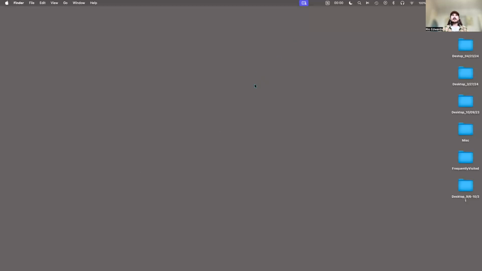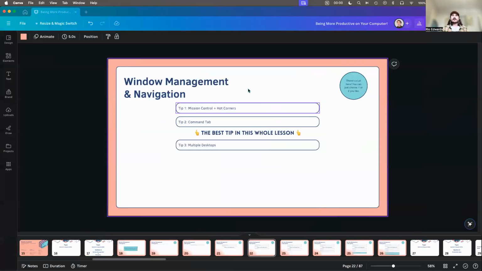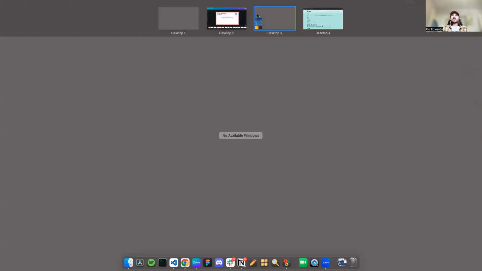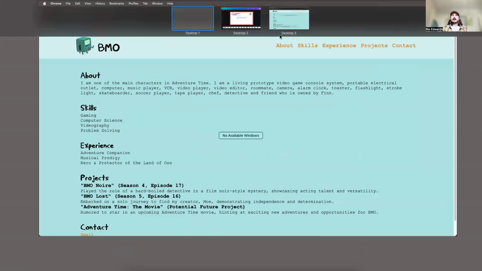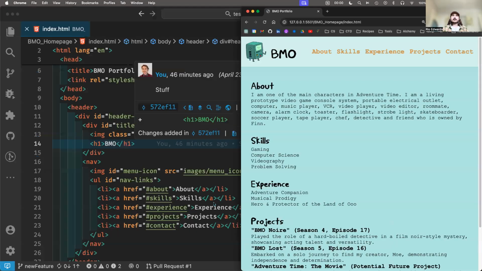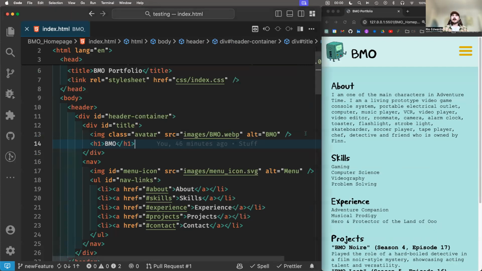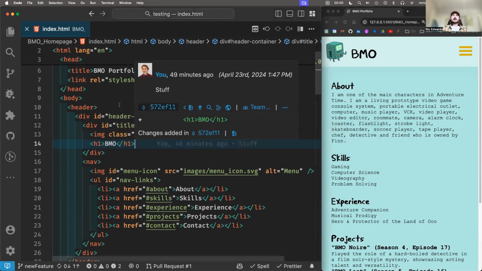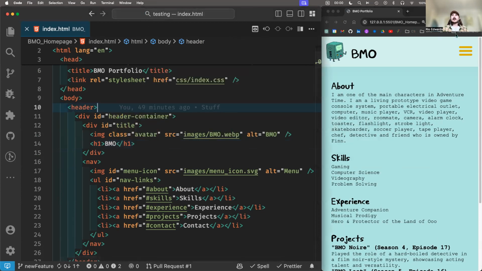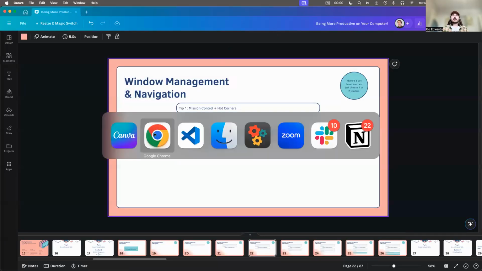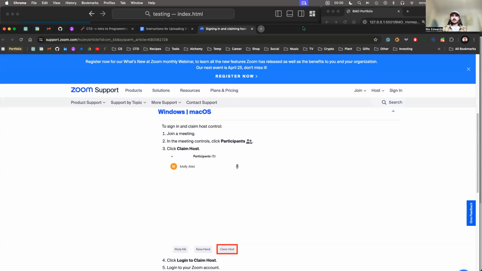And it's nice because you can have, like you'll see I have multiple already. I have one that has my browser and my code setup. And they're set up in a way to where my browser is side by side with my code. I don't want to have to, when I switch to Google Chrome, I don't want to have Google Chrome. I'll show you what would happen if this was in the same